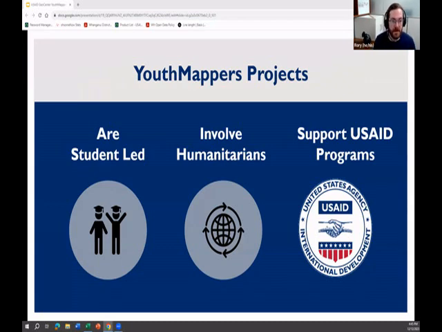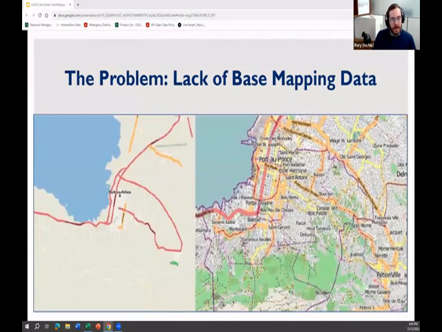So all YouthMapper students are student-led, involve humanitarians, and support USAID programs, whether directly or indirectly. Indirectly might be just the fact that increased geospatial data in areas where we worked will help our geographic analysis that we provide USAID, because we do often leverage OSM data for it. Like I've mentioned, there's a lot of lack of data in the areas we're working. One of the classic examples in the OSM plus humanitarian response space is the earthquake in Haiti. You can see the before and after picture where I think the entire country was mapped in about 24 hours just due to the response in